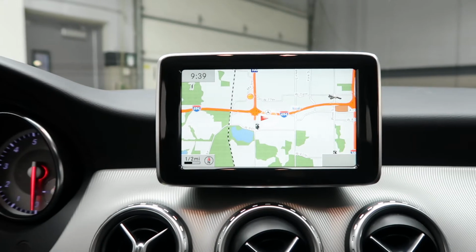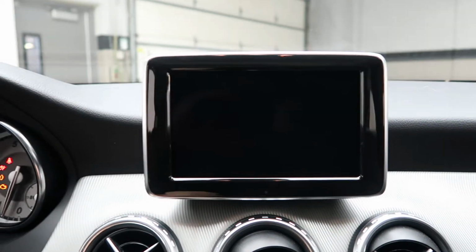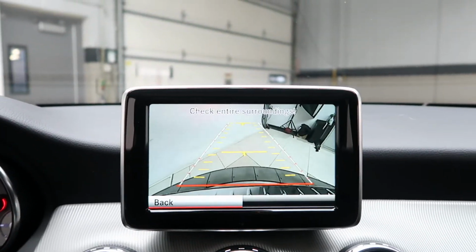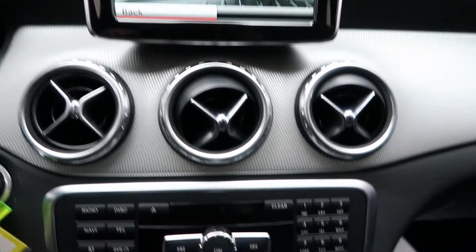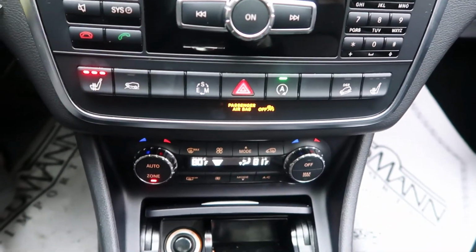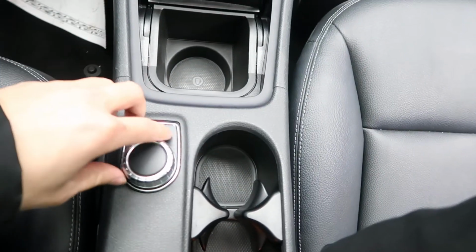Also included is the multimedia package, which comes with navigation, a rear view backup camera, our hard keys and radio, heated seats, dual climate zone, cup holders, our command controls. This vehicle has